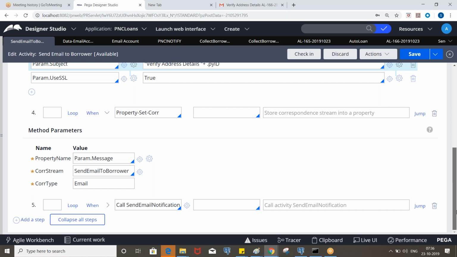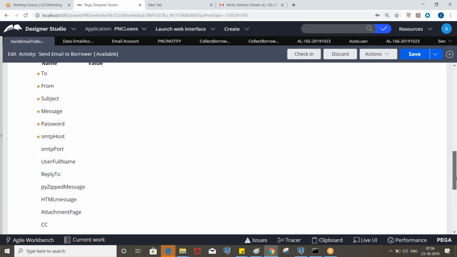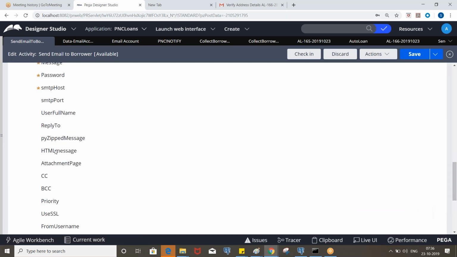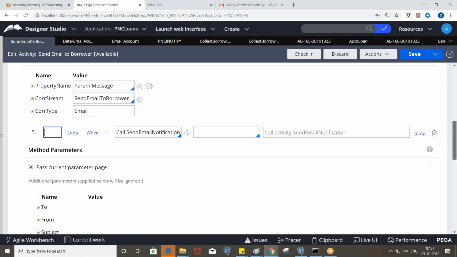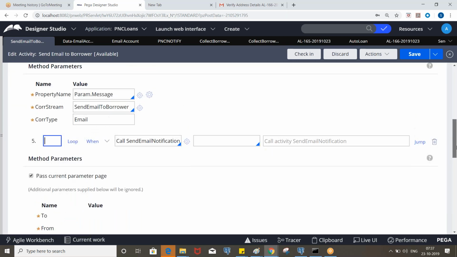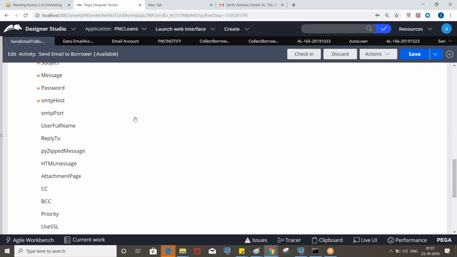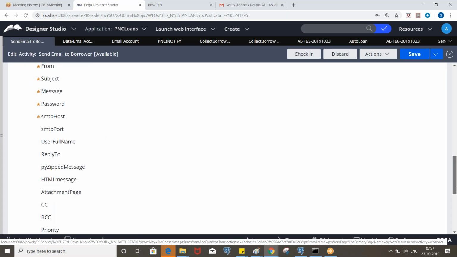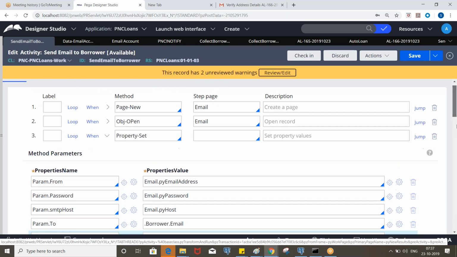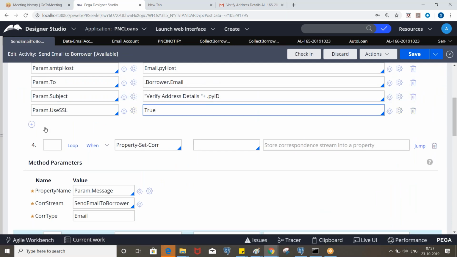And one more thing is, since we are sending the correspondence, here we have an HTML message. Correspondence is nothing but a combination of HTML code, right? It's because we are calling the rule HTML section, which contains the HTML code. Okay, so if we are sending the correspondence rule as part of the email, we must pass the true value for that. That is also Boolean. Okay, so add one more parameter called HTML message, which is mandatory.